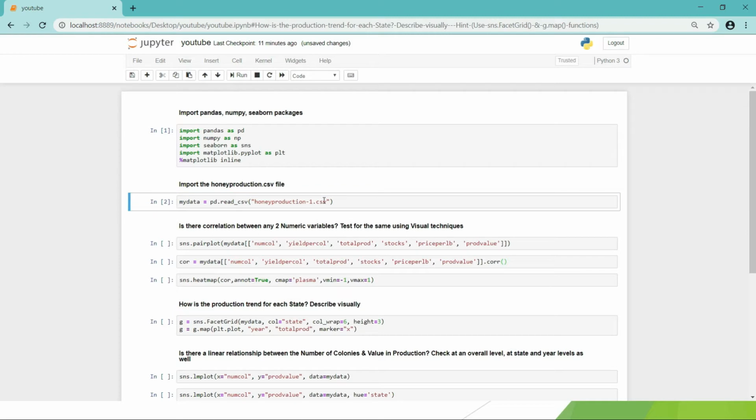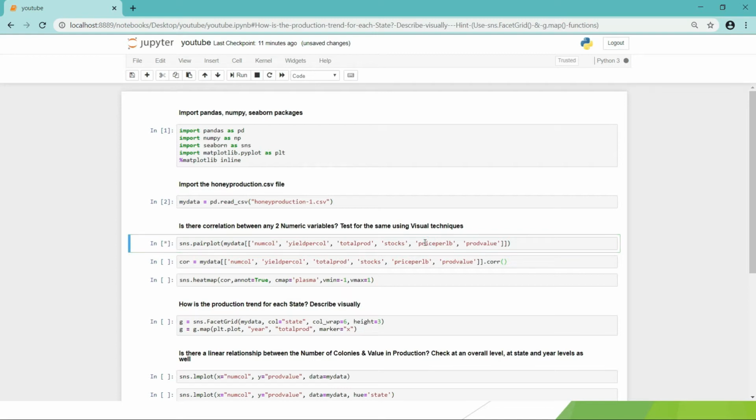I have explained the concept of correlation. Correlation can be seen in numeric variables only. So we will first test how the correlation is coming amongst the variables. A scatter plot is one of the best plots to show that correlation. So we can use sns.pairplot. SNS is Seaborn, and this pair plot is in Seaborn. Then I'll give all the numeric columns of my data. My data is my data frame where I have stored this CSV file. So I'm taking all the numeric columns.